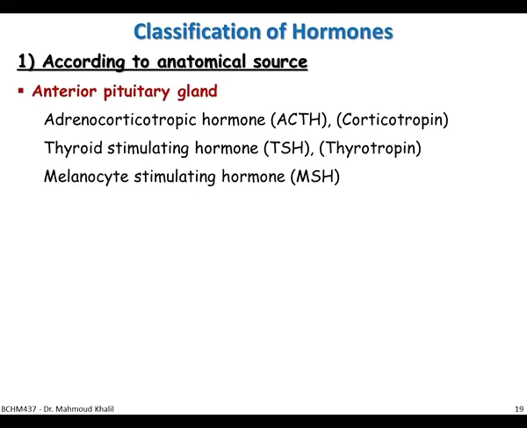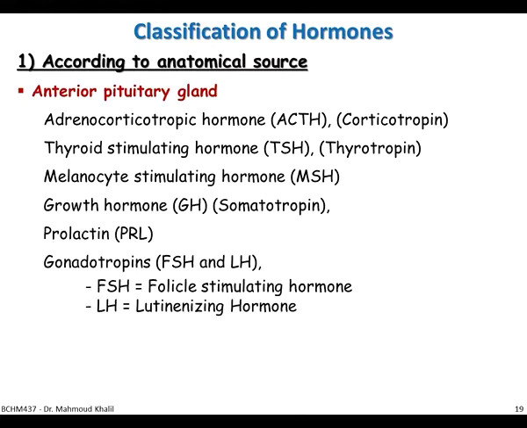These are hormones secreted from the hypothalamus. Other hormones are secreted from the pituitary gland, and you need to know that the pituitary gland is generally divided into two major regions, the anterior pituitary gland and the posterior pituitary gland. The major hormones of the anterior pituitary gland are adrenocorticotropic hormone or corticotropin, the thyroid stimulating hormone TSH or thyrotropin, the melanocyte stimulating hormone, the very famous growth hormone or somatotropin, prolactin, and the gonadotropins,